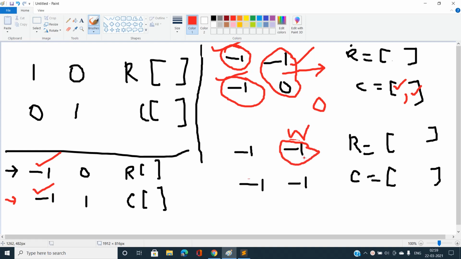Let's say it has actual value 1, and after spending that amount W, we can easily find the values for this row also, because now it contains only a single minus 1, and once this is found, I can find this, and again I can find this. Now the entire unknown values can be found by spending only a single cost W on any of the cells, and so we have to minimize this W.